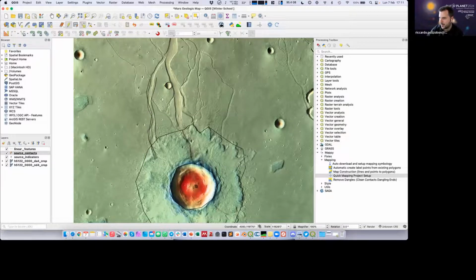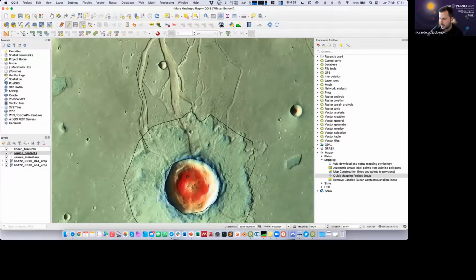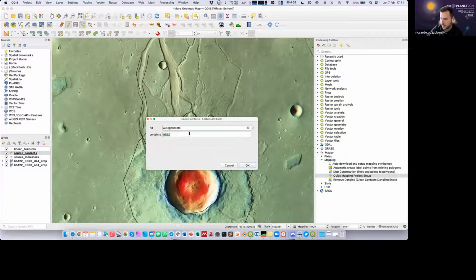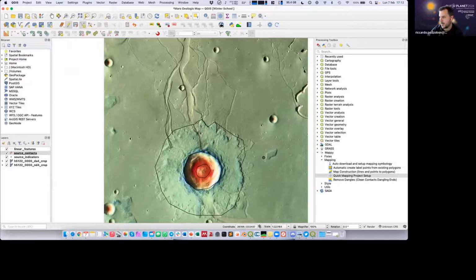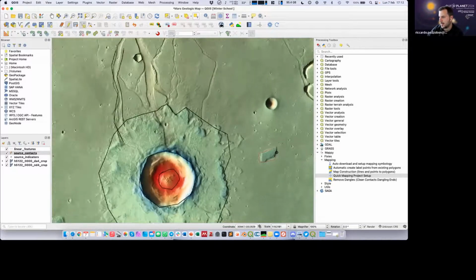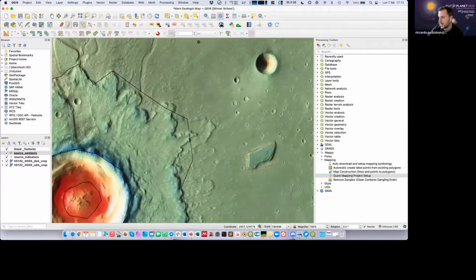I may have, for example, uncertain contacts between the central peak of this crater and the surroundings, because I don't clearly see it. So I can write "uncertain," and so on and so forth. I have the mesas as before. I just mark the contact between the mesa and the surrounding plains. I can enable snapping again for my convenience,